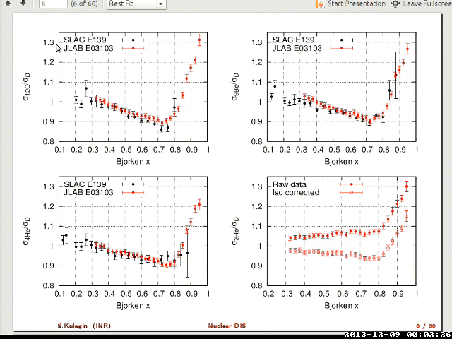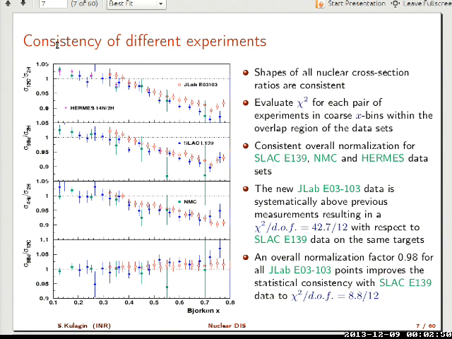So here I plotted the results of the older measurement at SLAC, which is in black, and the newer measurement in red. So the slopes are consistent, but you can see by eye that the normalization is somewhat different. So actually, if we had a look at